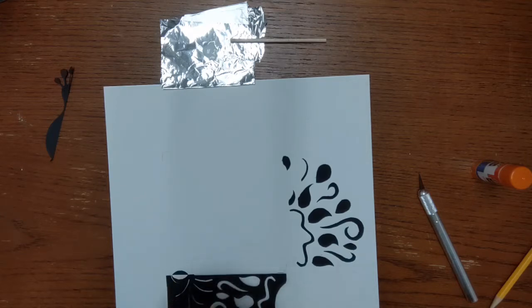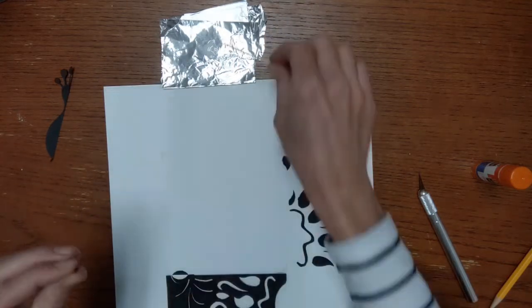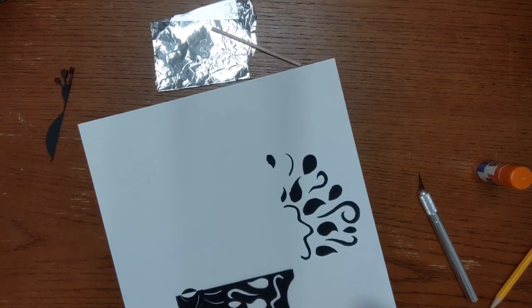I'm pretty sure it's... these little shapes are tough to figure out the side, but I'm adding a little bit of glue to this shape right here, just the tiniest little bit. I'm going to press it into its space, and then I'm hoping that I might need a little help with